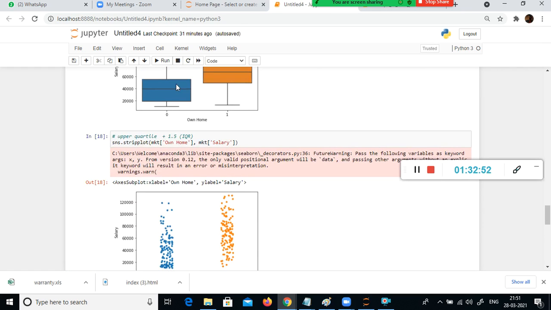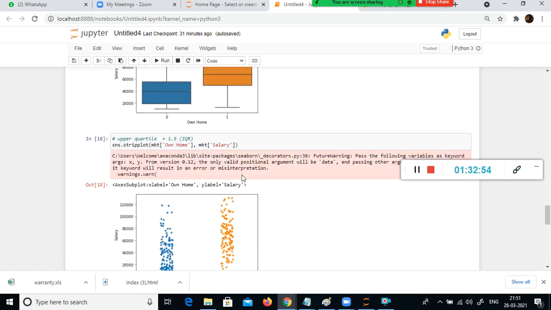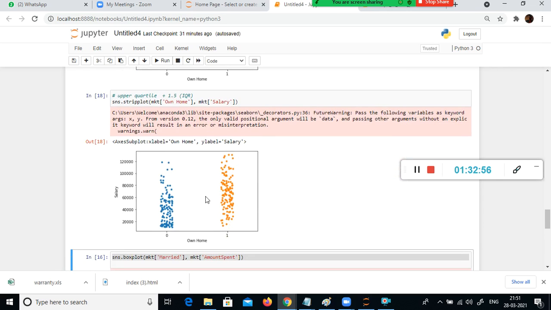But if you look at anything between 60,000 to 80,000, within this range we can see the values are more clustered around this one. But still here also, look here, 45,000 up to this one, it is scattered. I mean the dense, the values are so close.